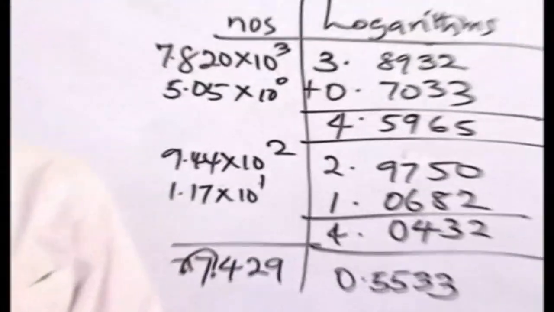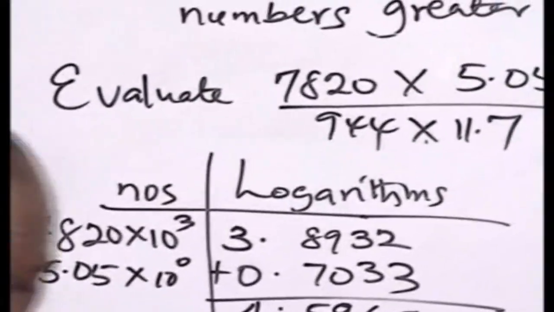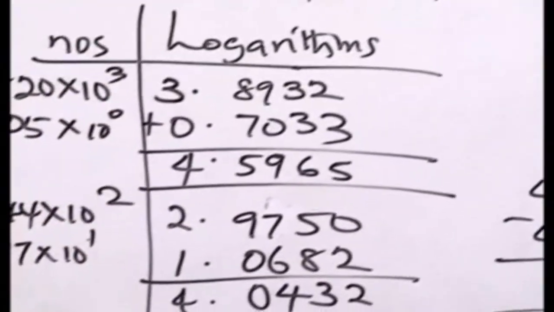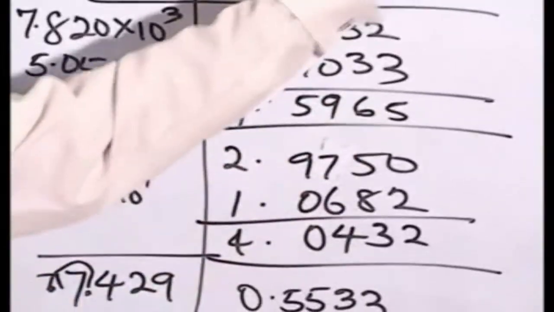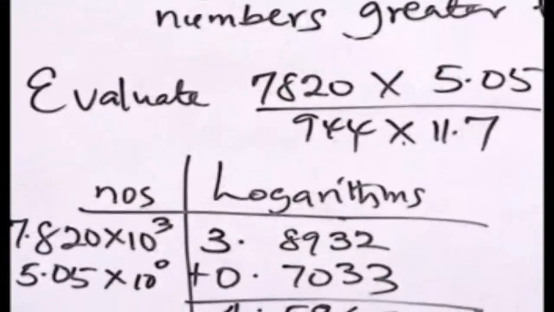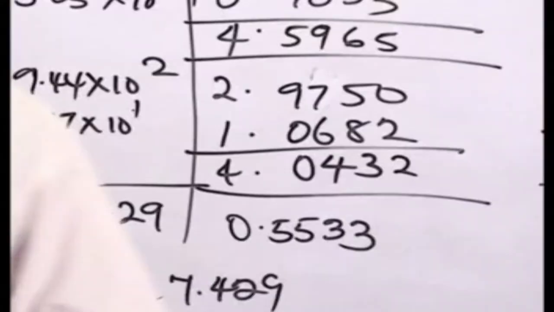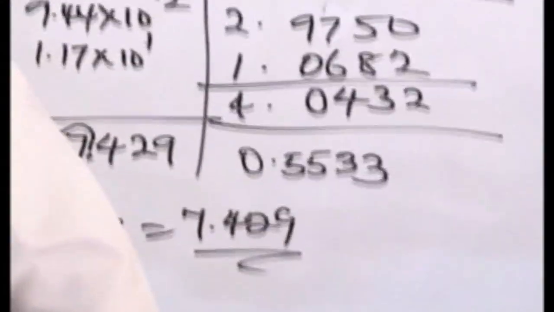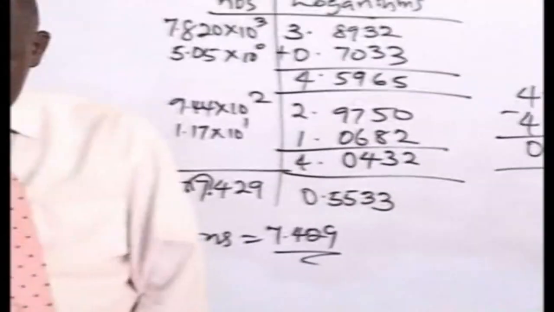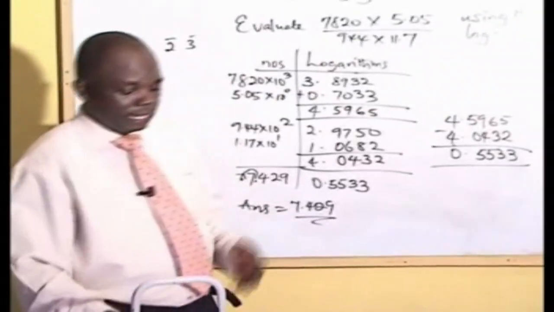Numbers less than 1. If you're asked to evaluate numbers less than 1, numbers less than 1 are decimal numbers. All these numbers are greater than 1. Even 5.05 is greater than 1. All these ones are greater than 1. But if we are dealing with numbers that are less than 1, how do we go about it? Numbers less than 1 are decimal numbers of the format. The examples of such